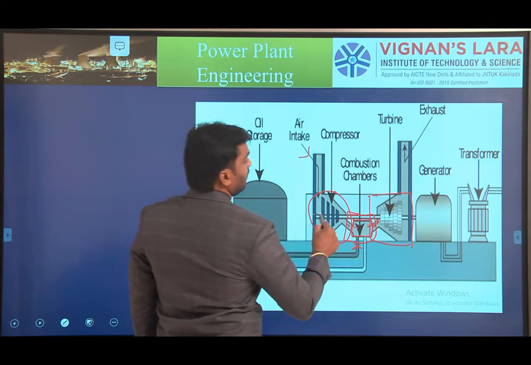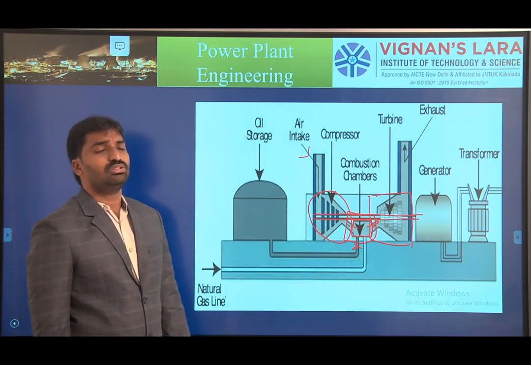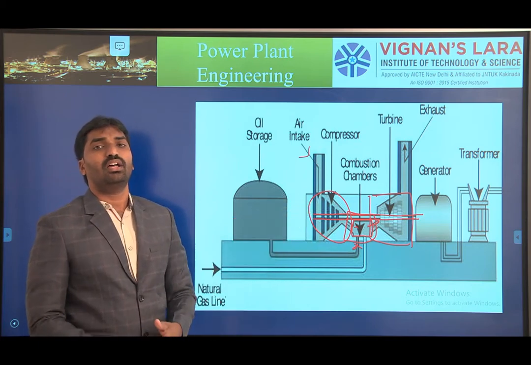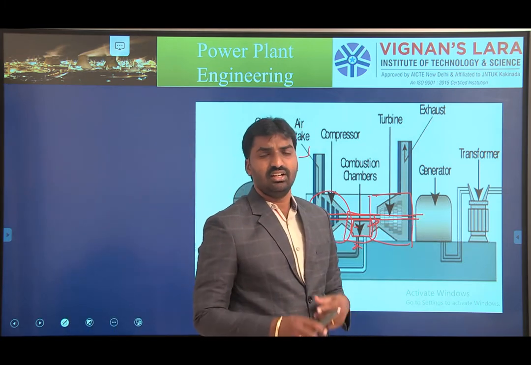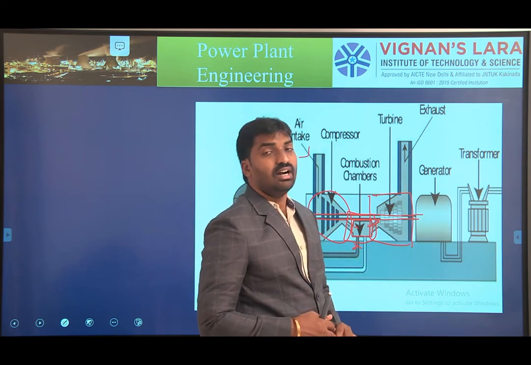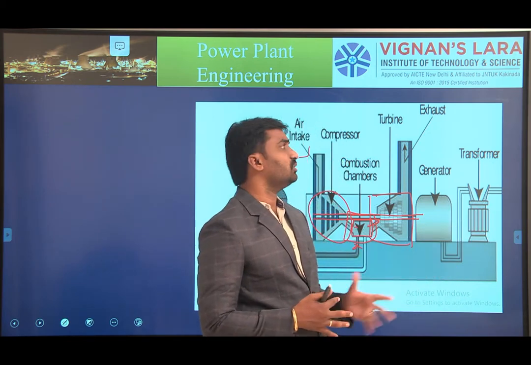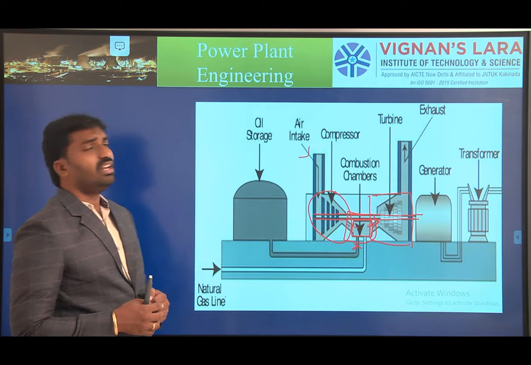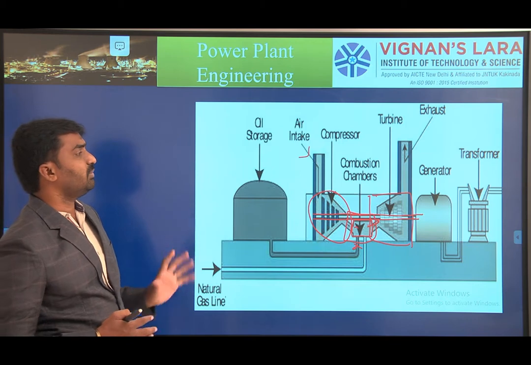So all these things are connected through a shaft. So what is meant by shaft? A shaft is a device which transfers energy from one point to another point. So it transfers the energy, and the mechanical energy is transferred to the generator. At the generator, that mechanical energy is converted into electrical energy. After generating the electrical energy, what can we do? We need to send the electrical energy to the transformers and distribution points, and from there we can transfer the electrical energy. So these are the basic working principles of a gas turbine power plant.